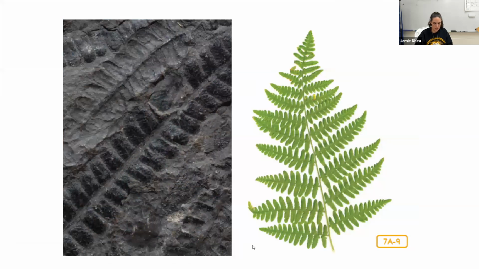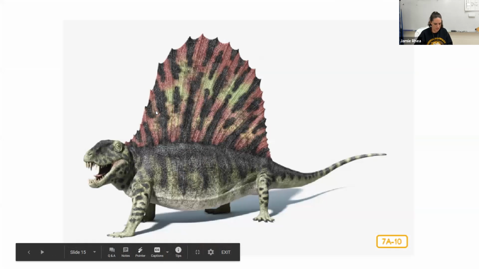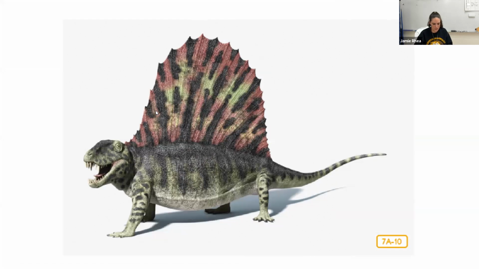Then lush forests full of trees and plants, such as ferns, began to grow. There's a fern fossil. Ooh, that's scary looking. As forests increased, so too did the variety and sizes of animals. The first giant reptiles appeared. Of course, the one in this picture, called a Dimetrodon, is just a model that someone made, but they based